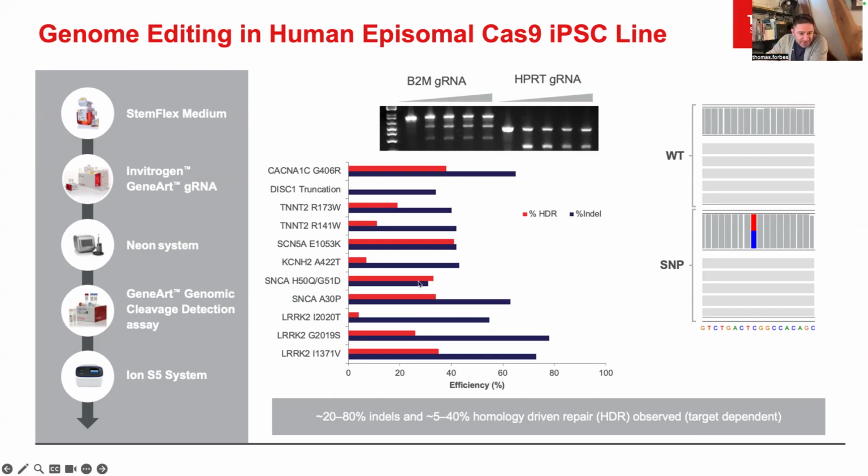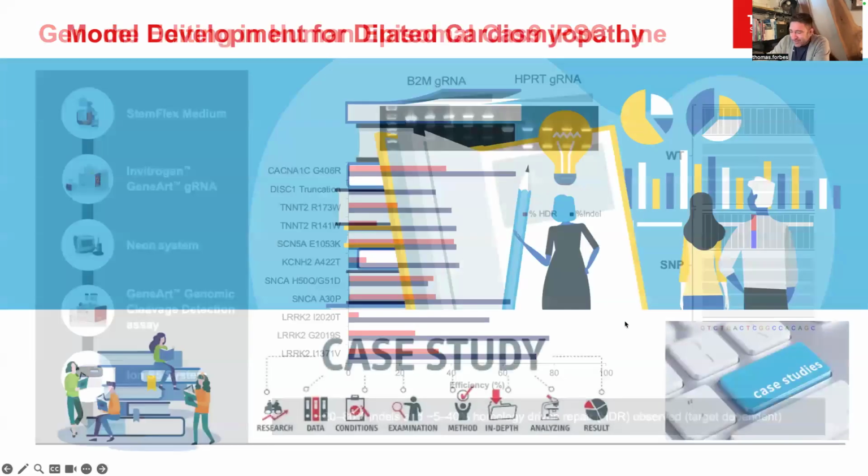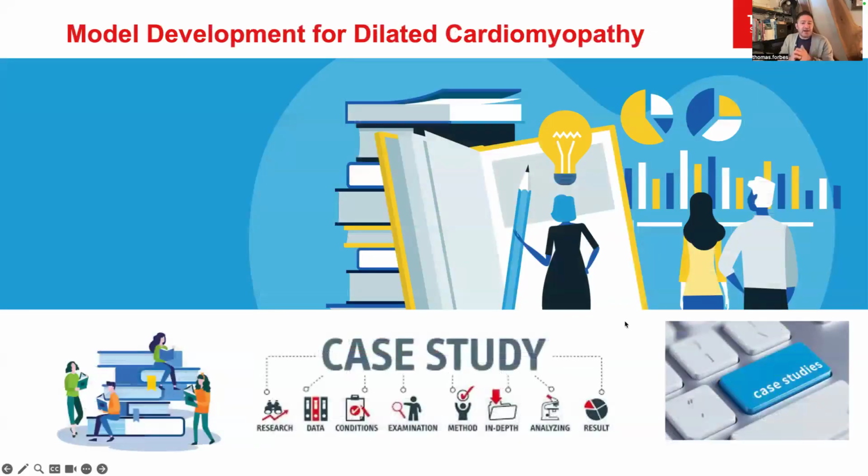In the bar graph here, you see percentages of insertion or deletion, also known as indels, in blue, or HDR, homology-directed repair, in red, for a bunch of different loci associated with different diseases. These include things like central nervous system disorders, epilepsy, schizophrenia, Parkinson's disease, as well as mutations associated with cardiac rhythm disorder and dilated cardiomyopathy, which I think is as good a segue as any for our case study here. So last but not least, I'm going to expand a little bit here and talk about